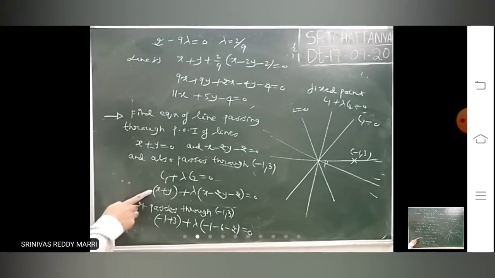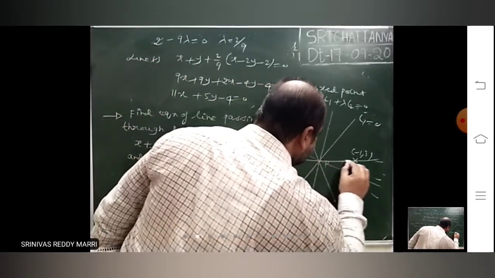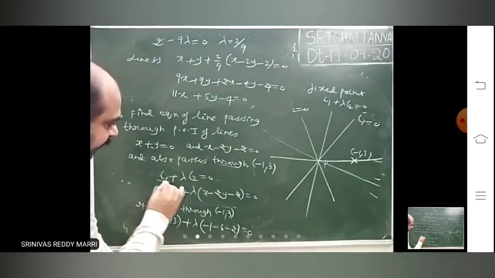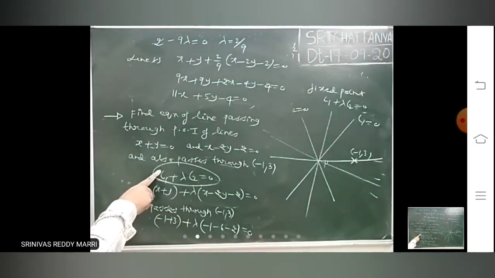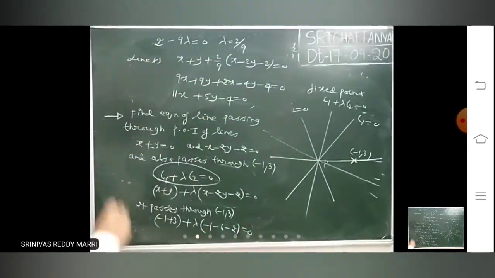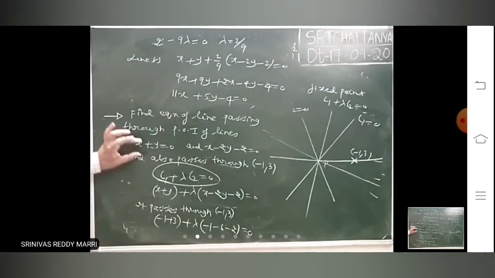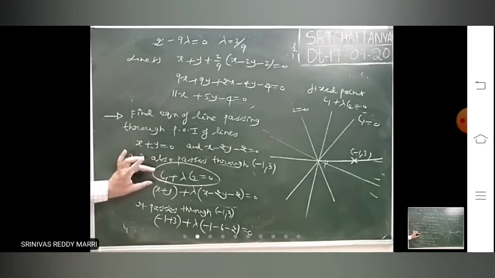So what is the condition on this line given? This line passes through minus 1 comma 3. Just substitute that and get that required lambda. If you keep the lambda here, you will get that particular line in the family of lines. This is family of lines. Set of lines will be there. In that family, a unique line will be there, which will be passing through minus 1 comma 3 as well as P. That line is this one. Like that, whenever a line passing through point of intersection of 2, you take like this and apply the condition how the line is. Then get lambda and find the required equation of L.